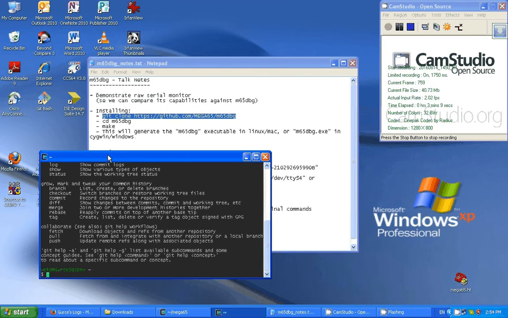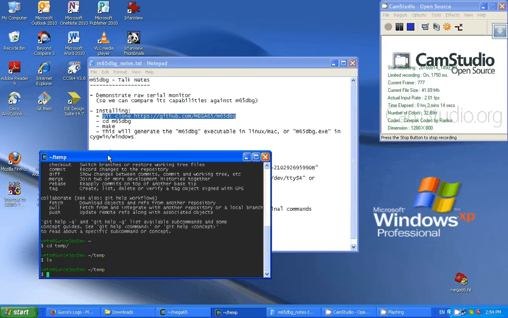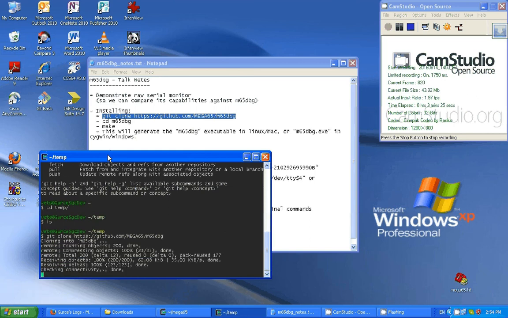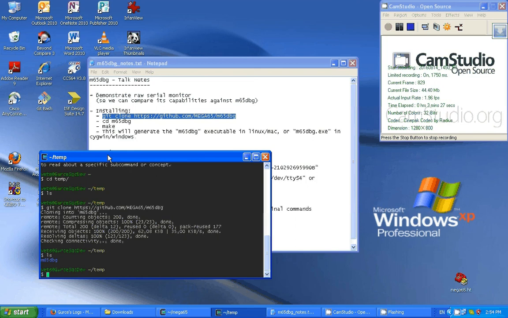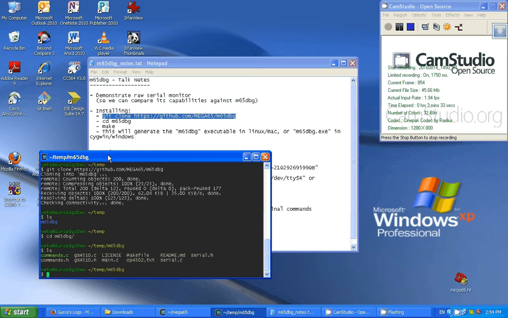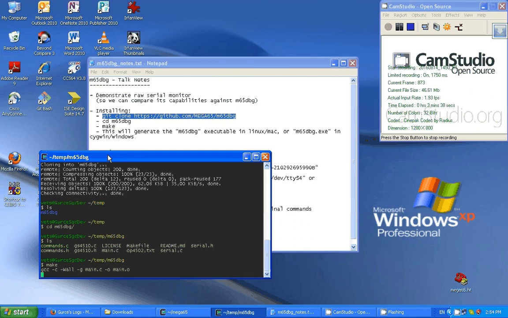Alright, we'll go to a nice location where we can clone this thing. We'll type the git clone command. We'll wait a moment for the source to be retrieved. And here it comes. Take a look, we've got a subfolder now containing the source. Let's go into it. And everything's there. So we just need to type make, and fingers crossed everything will be okay. Here we go,